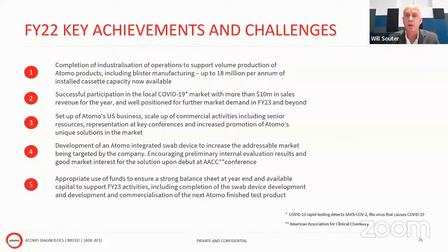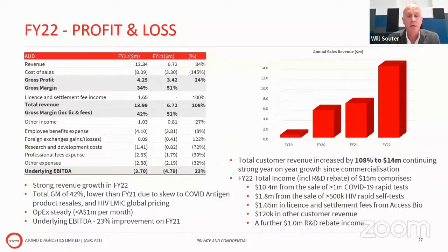Just coming now to the profit and loss for the year. You can see on the right-hand side there, as I say, Atomo spent the first 8 or 9 years of its life going through that R&D process, and really only started to commercialise in FY19, where we did around $500,000 in sales. In FY20, we did more than $5 million. In FY21, we did nearly 7. And then I'm pleased to report that we've more than doubled that this year to $14 million in total revenue